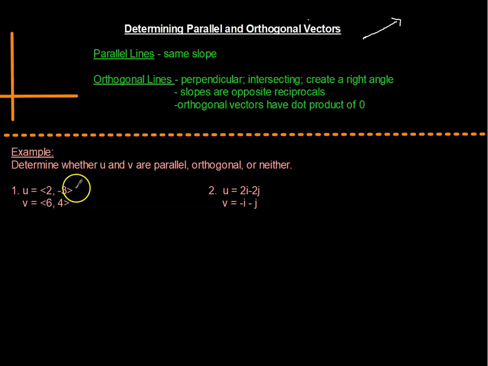So using this example for number 1, vector u equals 2, -3. So what I'm going to do is I'm going to go to 2, and you don't have to graph it, but I just want to give you a visual of what's happening with the vector. 2, -3 would be right here. So the vector is just a line with a direction that stops at 2, -3. Vector v is at 6, 4. So 3, 4, 5, 6, and up 4,